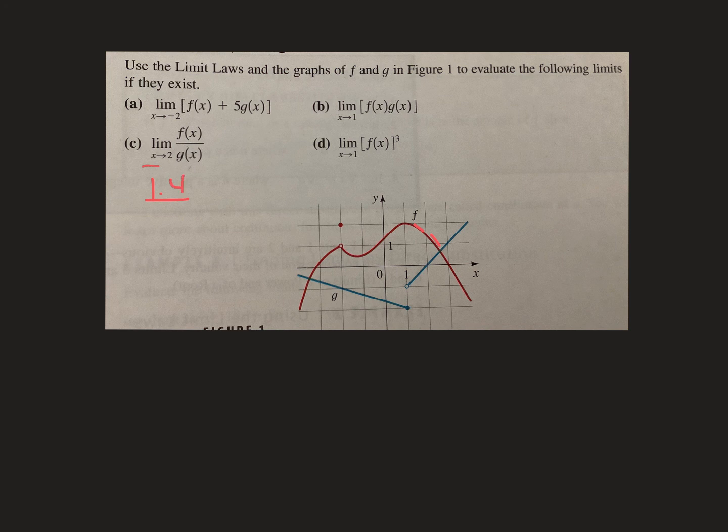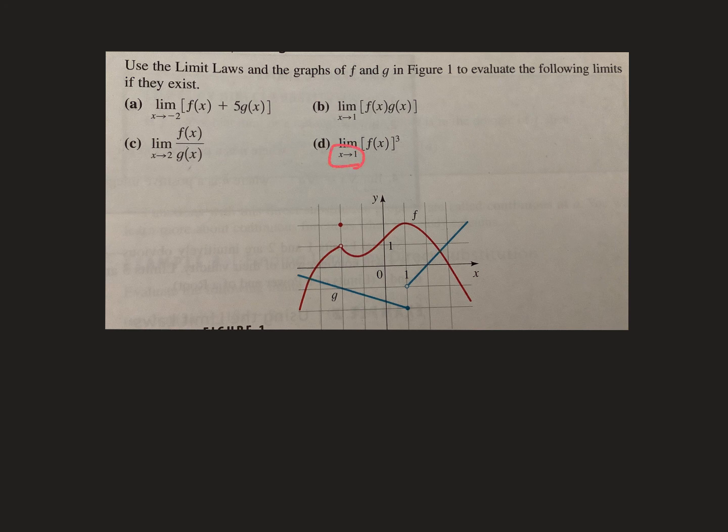And as x approaches 2, g of x, that's this one, the blue one, is getting closer and closer to 0. And because you cannot have 0 in your denominator, that also does not exist. Do not be surprised when a limit does not exist. That's completely okay. And the last one right here says the limit of f of x cubed as x approaches